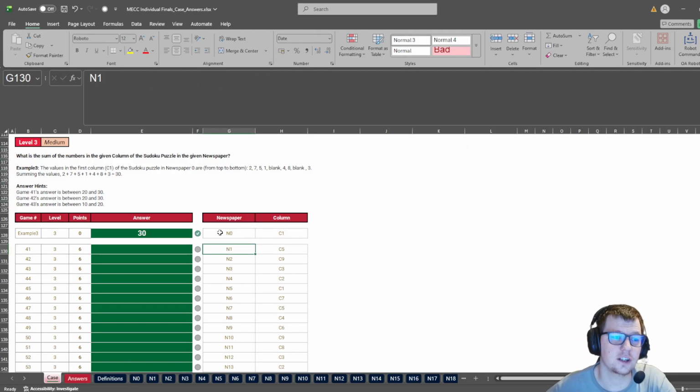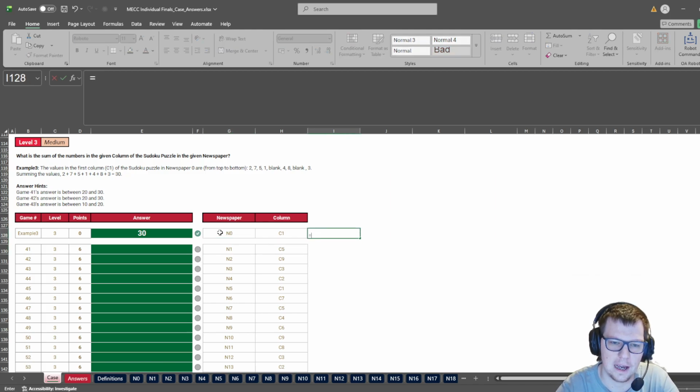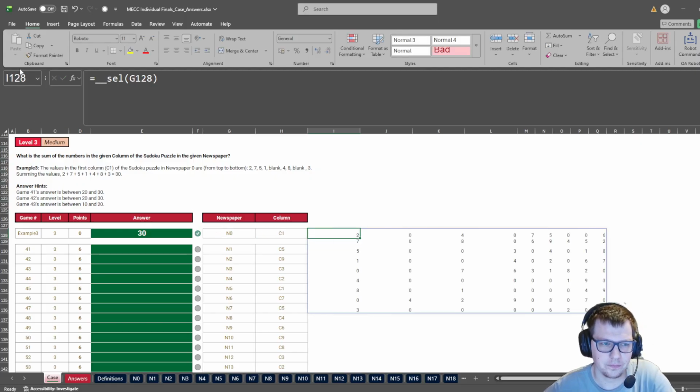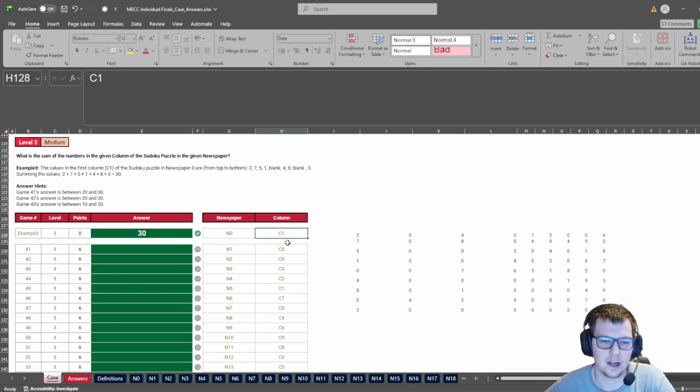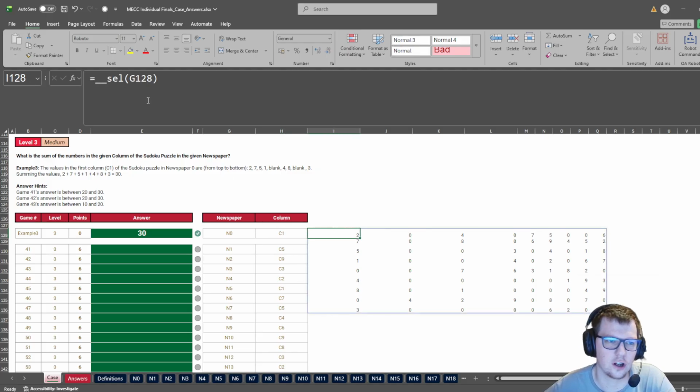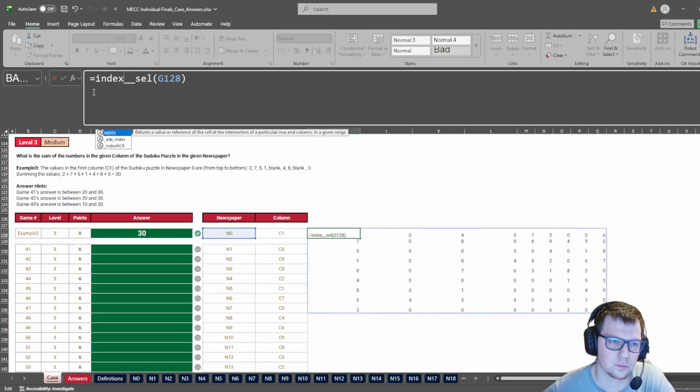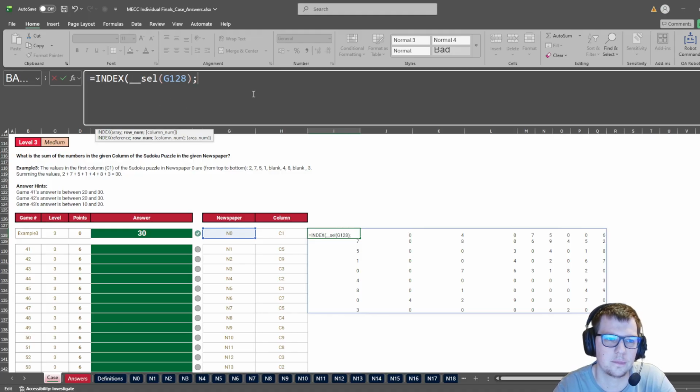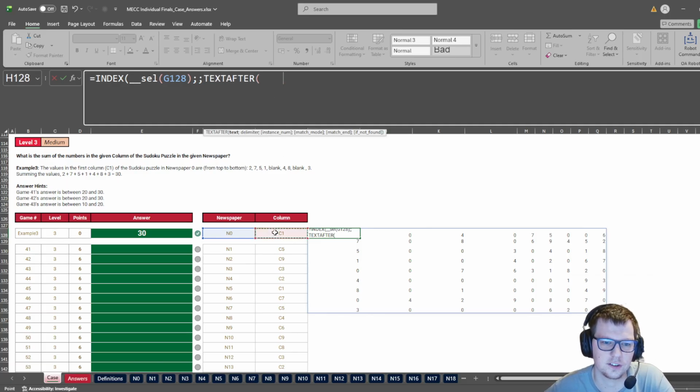Now level 3 is asking what is the sum of the numbers in the given column of the Sudoku puzzle in the given newspapers. Again, pretty simple with our setup. We are selecting the lambda. We are asking for a column here, so we want the proper index this time, and we just want to get the column, which is text after